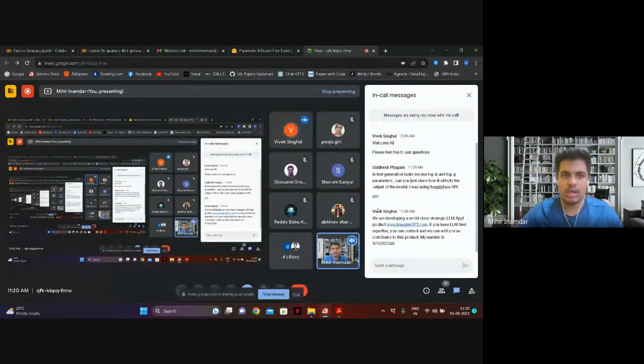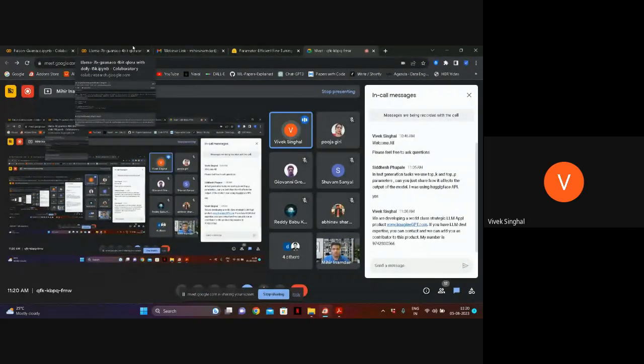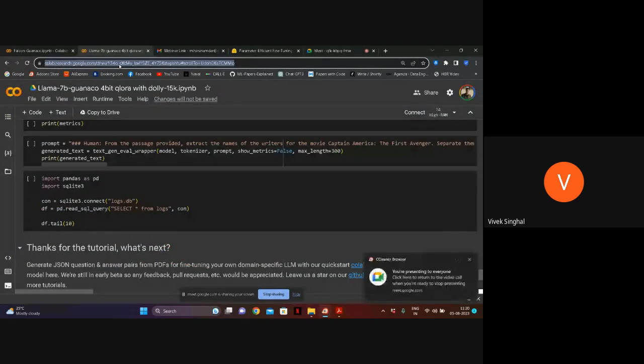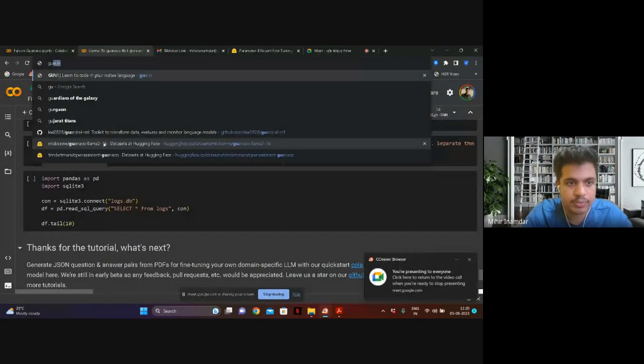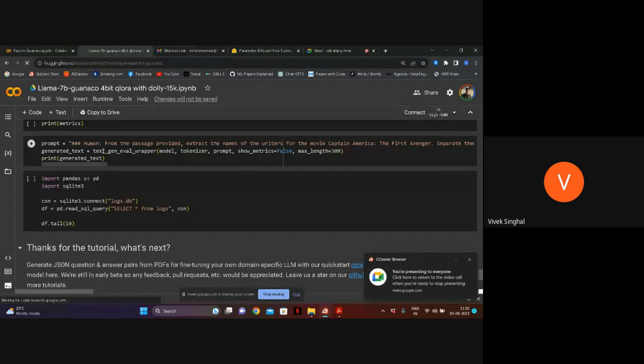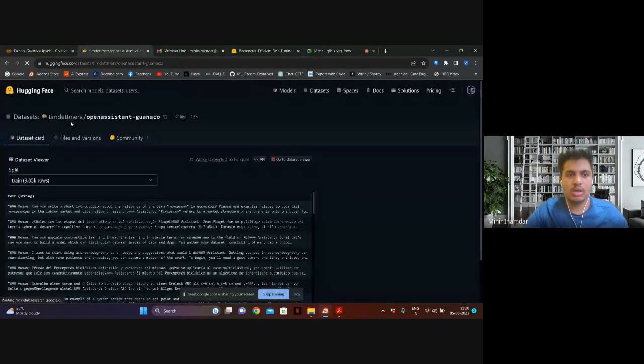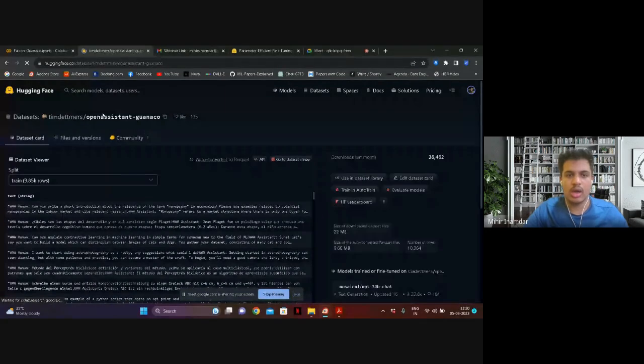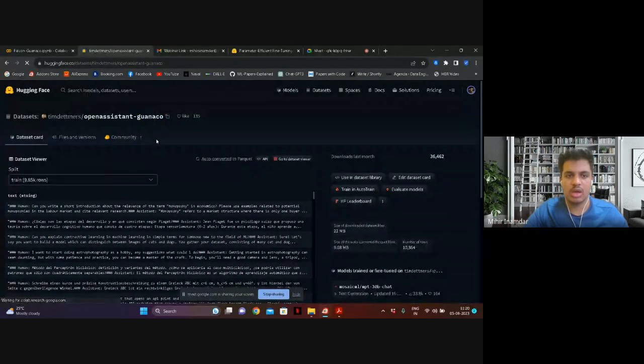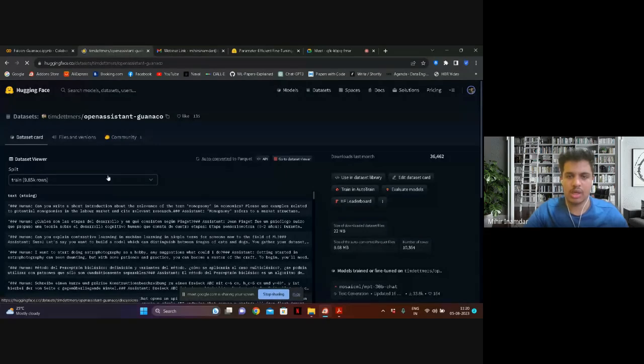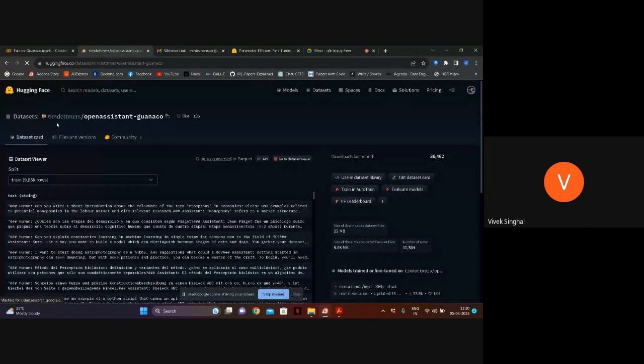Yeah, I'll share the dataset view if you want. Just show a view of how it looks like. What are the sample data in Guanaco? So this is basically, I'm showing the entire bigger size data set. We also have the 1,000 row data set for this. This is the bigger data set which is released by